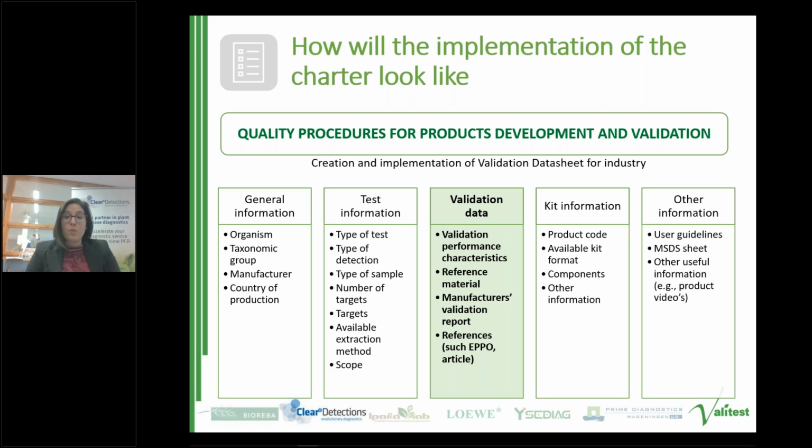And then we aim to also include validation performance characteristics. So here, of course, the sensitivity and the specificity will be the most important ones, but there is also room for robustness, repeatability, and so on. So there are the core ones that everyone should fill in, and then there is of course extra, because you can always do more validation than, let's say, the minimum requirements. And there's also